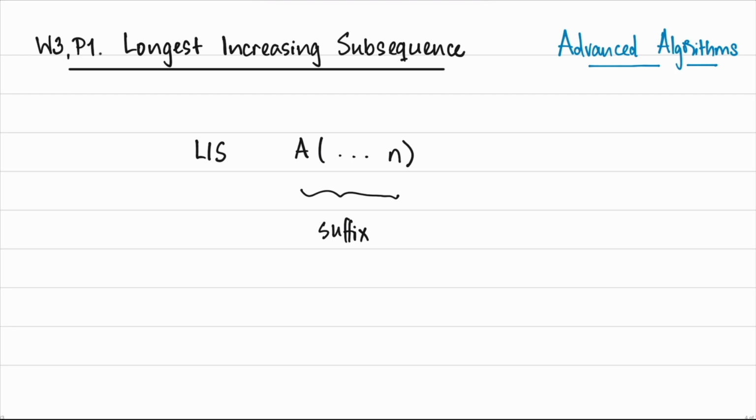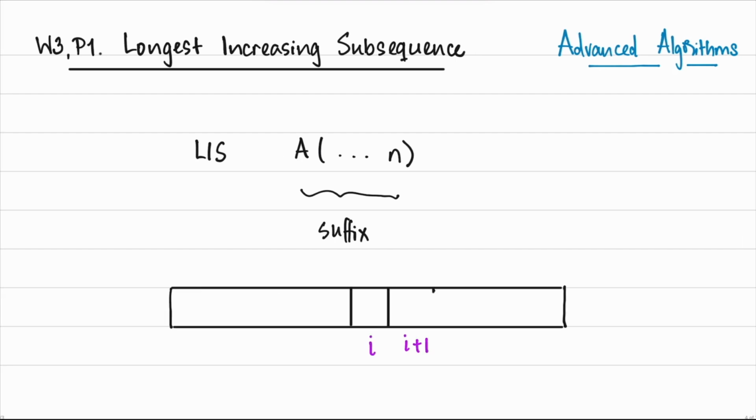So let's say we are looking at the array. Let me draw an array here. So what I want to focus on is this portion of the array, and I want to say, well, suppose I figured out what is the length of the LIS in this portion of the array. And if I have a systematic way to do that, then I am in business, because the final answer will simply be LIS of 1 to n,